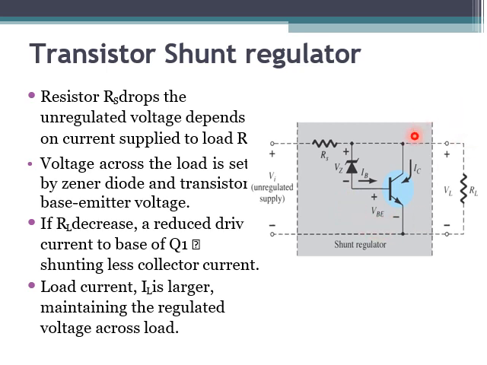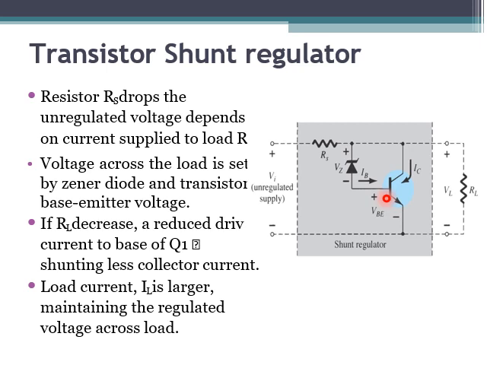So if there is any change in the output, it will be sensed here, and that is actually the output voltage. And you see here your Zener diode is connected in parallel to the load. So here your Zener diode will sense, and it is connected to your base emitter voltage.